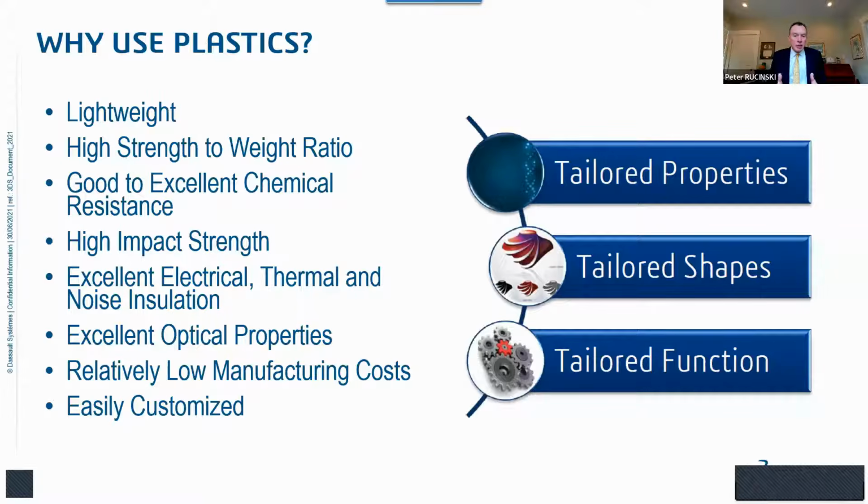Many lens applications today basically wouldn't be possible without the use of optical grade plastics. They have relatively low manufacturing costs compared to some other materials. That's because the temperatures and pressures used to manufacture plastics tend to be lower than those required for other materials. And I'll talk a little bit more about this in a few minutes. Plastics can be very easily customized to meet very specific application requirements of lots of different kinds of products across a very broad range of industries.